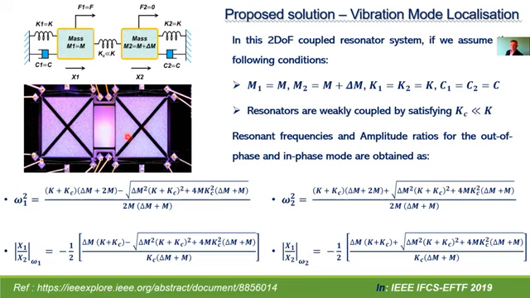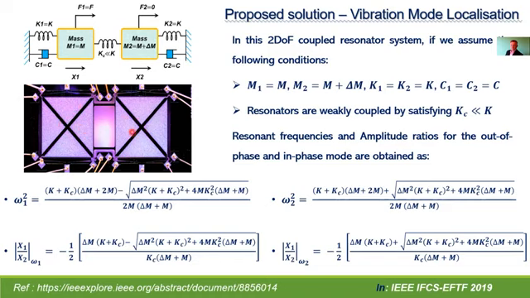If we then try to create a disturbance or asymmetry in this coupled resonator system by introducing an additional mass, then the symmetry will be broken such that vibration energy, instead of being equally distributed between the two resonators, becomes confined to one of the resonators. This vibration energy confinement can be experimentally recorded by measuring the individual amplitude of vibration from the two resonators